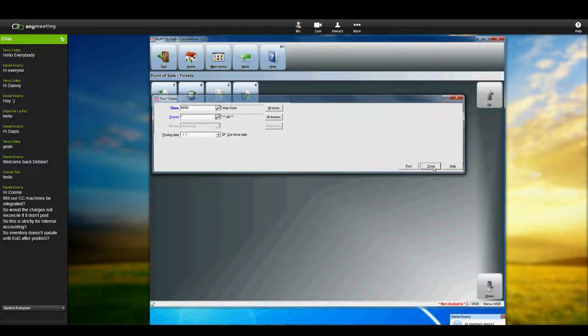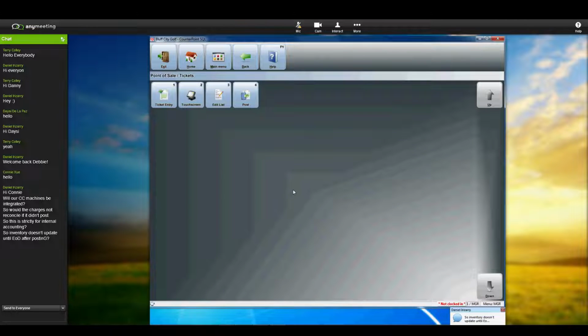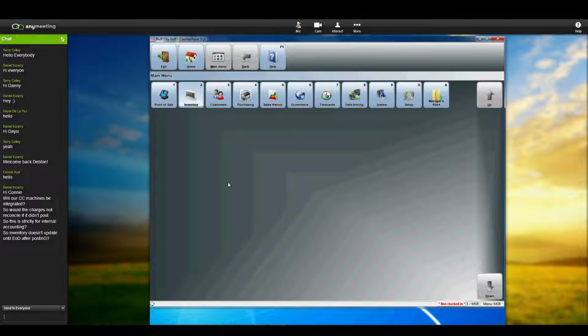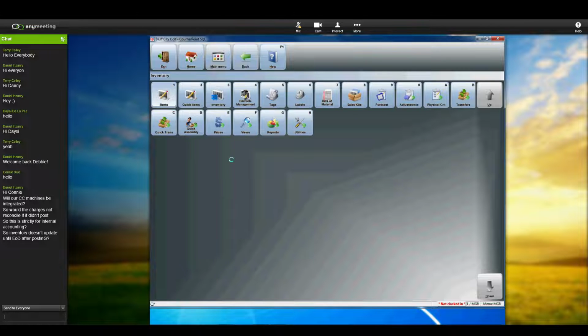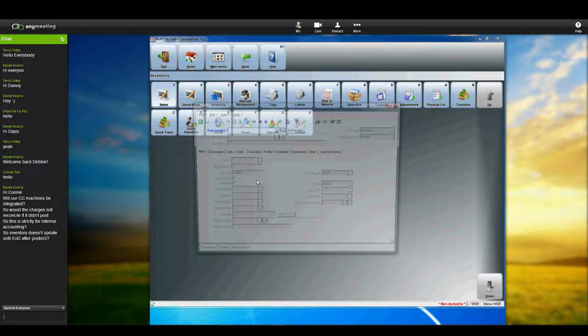I'm going to go ahead and close this. Inventory doesn't update until end of day after posting. Correct. Inventory is not going to reflect those sales until you post, except, let me go back to main menu and inventory, and I'm going to look at an item. Because,